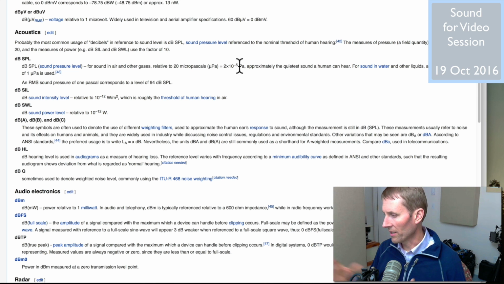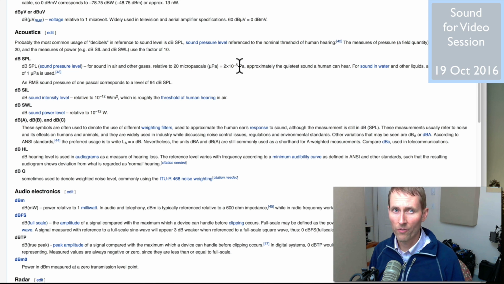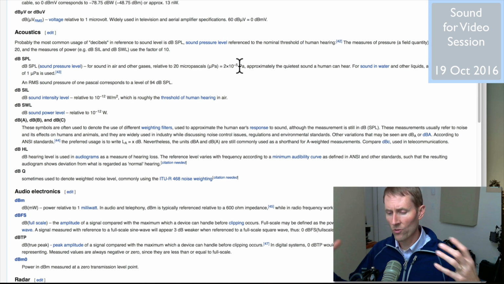And it's completely different than what you would find on a digital recorder. So this is a measure that should translate from one environment to another and from one measuring device to another. So that's what sound pressure levels are about. And in that case, for example, the one that always sticks in my mind as sort of a reference,